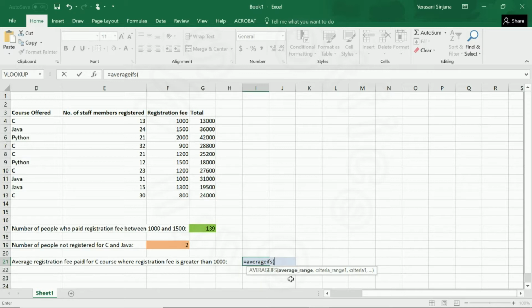and we have to give the average range first. This will be the total column, G4 to G13, comma, we want to give the first criteria range. That is, we want to select only those rows which have C in the course. So we'll select the course offered as the range. D4 to D13, comma, the criteria 1 is that it should be course C, that is, in inverted commas equals